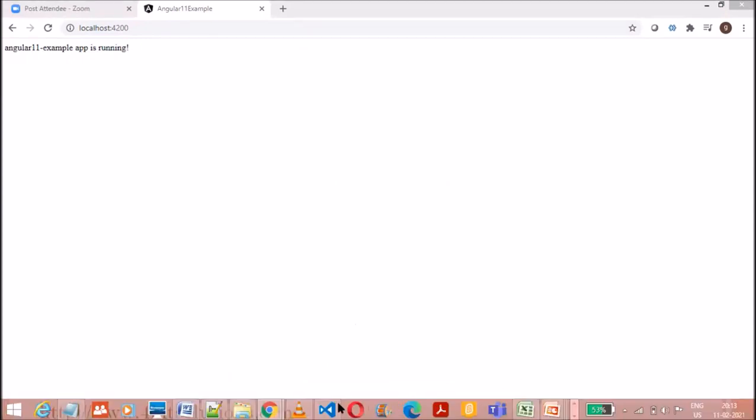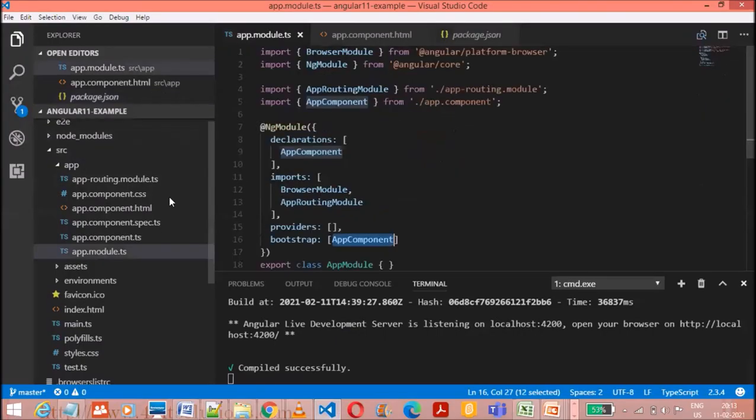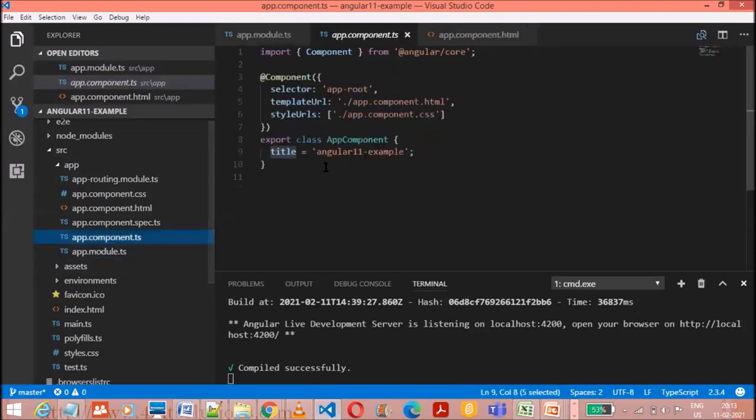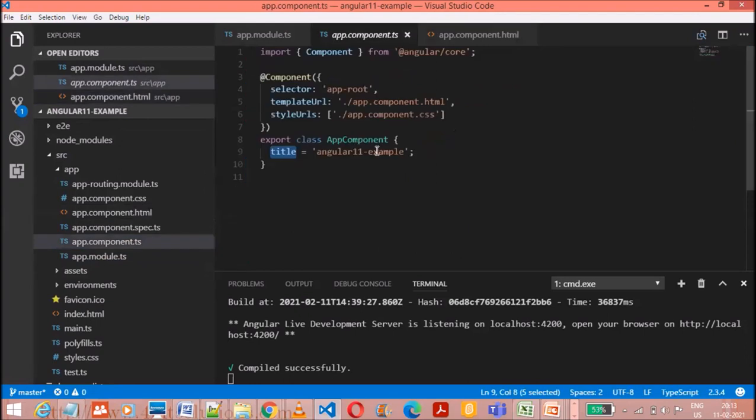Localhost. Look, Angular 11 example app is running. So this binding, as I told you, I'll just share my screen. As I told you, whatever value I write, this value would be interpolated and it would be displayed over in my HTML. So if I make any changes over here,